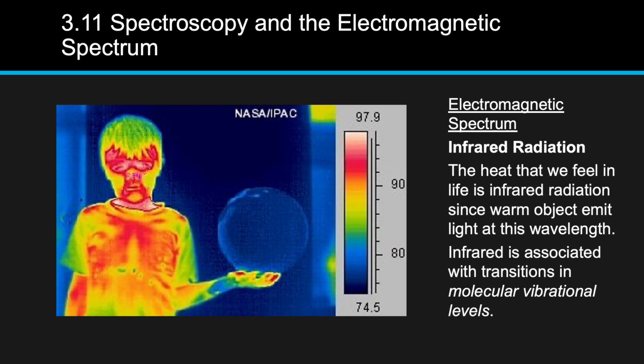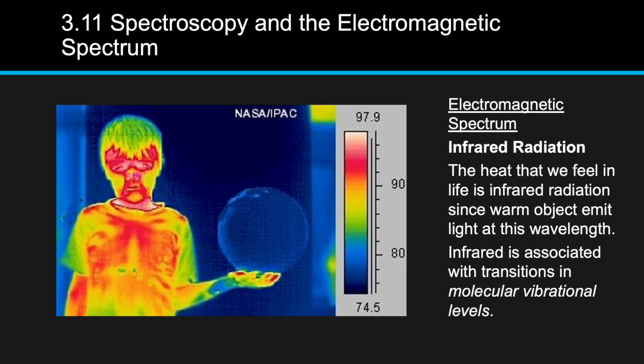All right, after visible light, we have infrared or IR radiation. IR radiation does have longer wavelengths and a lower energy than visible light. It's the type of radiation that we experience as heat. So warm objects, including our own bodies, emit infrared radiation. And that's why thermal cameras, like the one in this image, can see heat and create those colorful pictures that